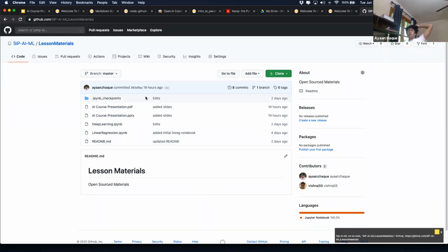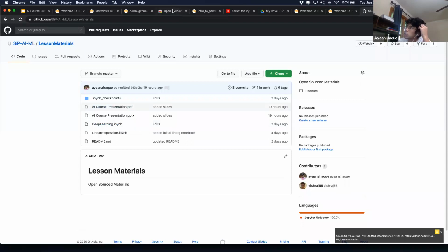So far we have the presentation slides, which is what I was presenting today, and then we also have some notebooks that we'll go over next class, specifically what is deep learning and all that.